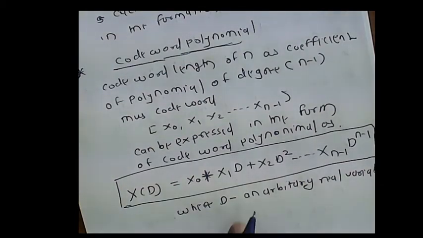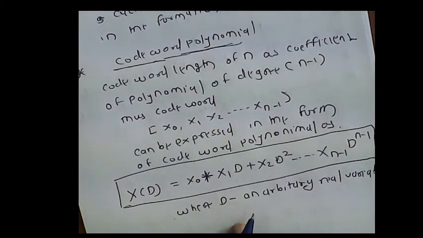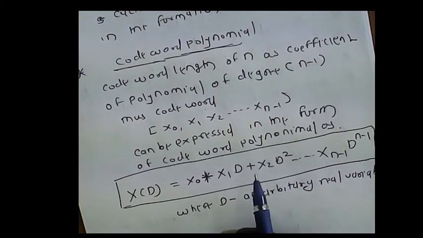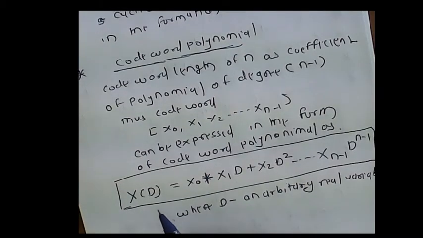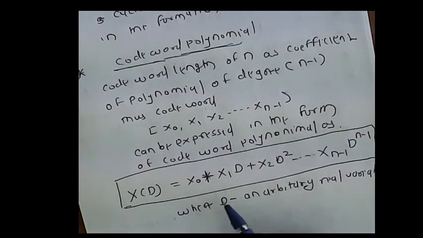Thus the special polynomial multiplication is known as multiplication modulo, and the single cyclic shift is obtained by multiplying the polynomial by d. Mod is an abbreviation for modulo. So to remember, to obtain a cyclic shift we just multiply this code word polynomial by d, and for two shifts by d squared. So each shift represents a different code word.